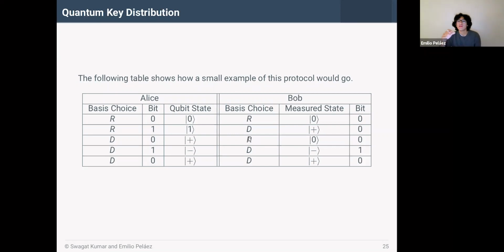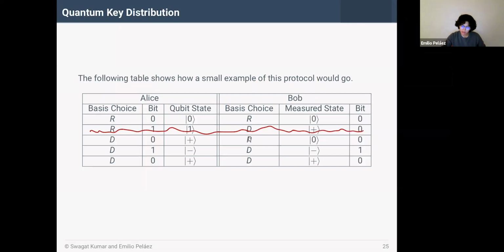So Bob chooses the same basis, so he measures the exact same bit. Okay, so let's just assume that they are now sharing the bases. For the first qubit, we have R and R, so we keep that qubit. For the second one, we have R and D, so we get rid of this qubit because the bases are